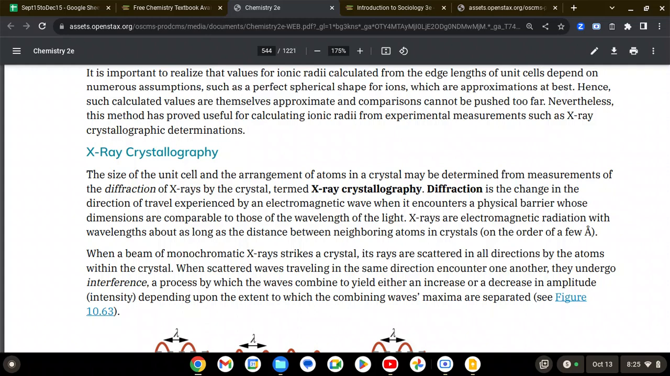X-rays are electromagnetic radiation with wavelengths about as long as the distance between neighboring atoms in crystals, on the order of a few angstroms. When a beam of monochromatic X-rays strikes a crystal, its rays are scattered in all directions by the atoms within the crystal. When scattered waves traveling in the same direction encounter one another, they undergo interference, a process by which the waves combine to yield either an increase or a decrease in amplitude, depending upon the extent to which the combining waves'